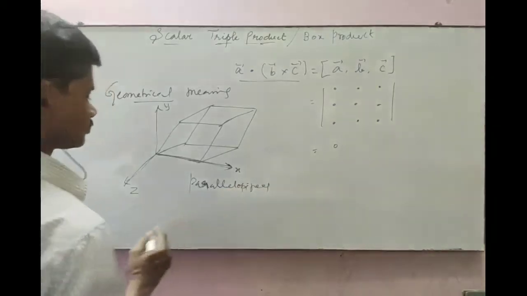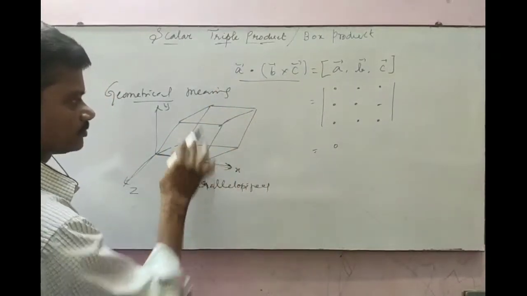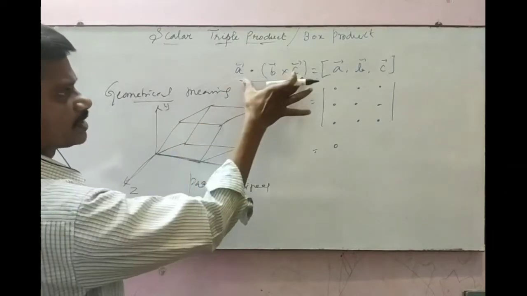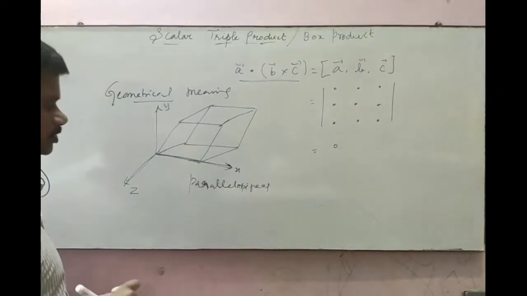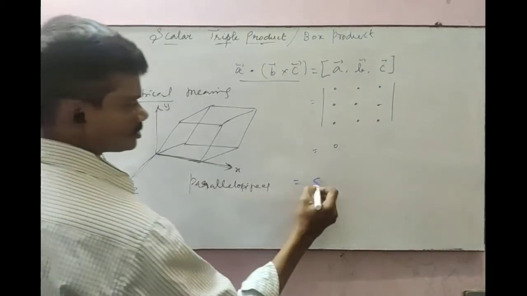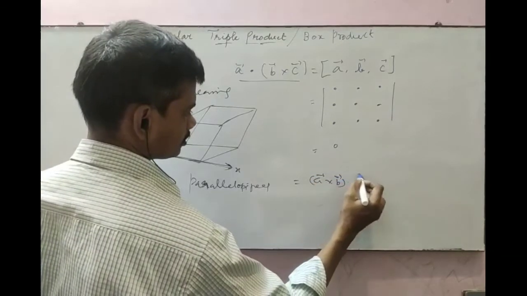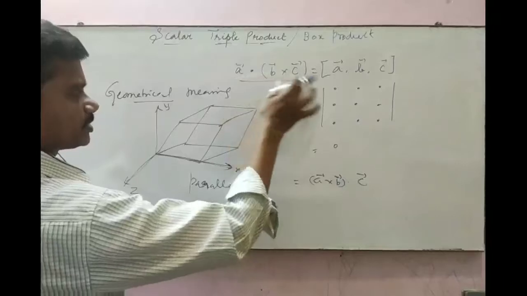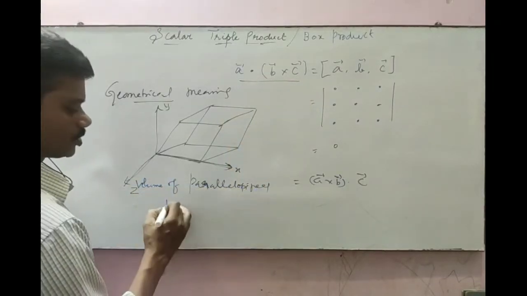So you are finding the volume of this object. That is what A cross B dot C or A dot B cross C means: you are finding the volume of the parallelepiped